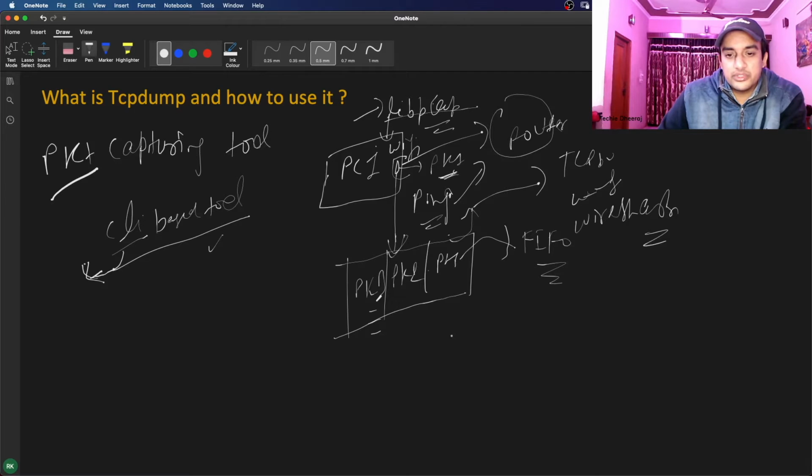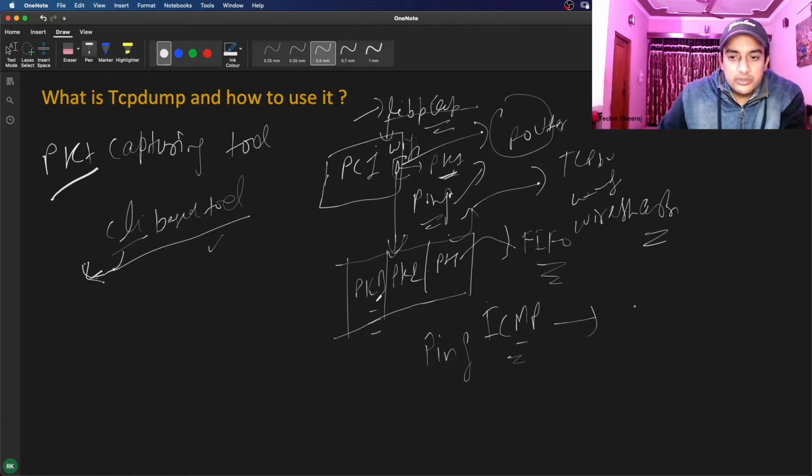So what information can we see? Literally every piece of information we want to see in a packet. If we are sending a ping packet, I mean, if you're using the ping binary, it generally uses the ICMP protocol.